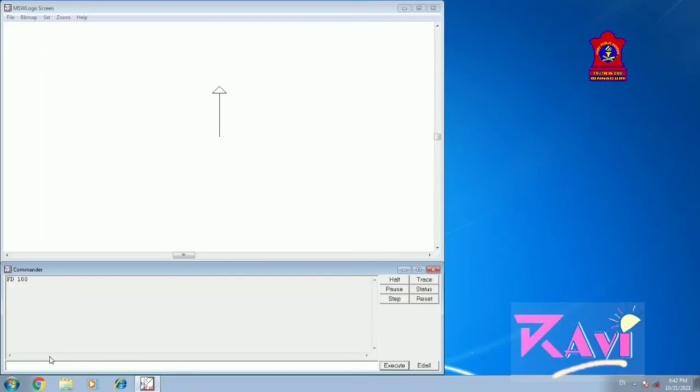Okay, then RT 90, RT space 90 to turn it to the right side. Then again FD 100, again RT 90, again FD 100, then again RT 90, again FD 100, and see here we have made a square.